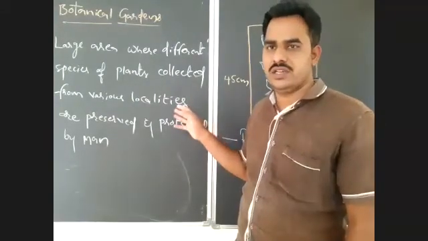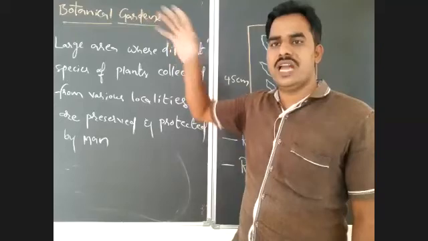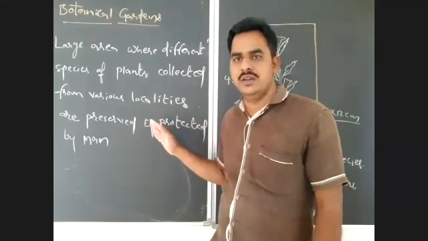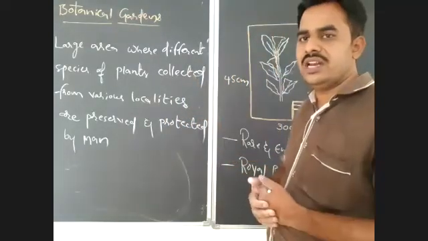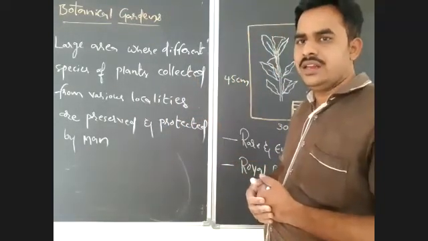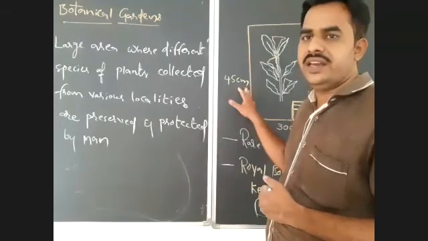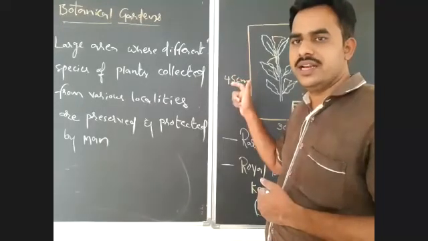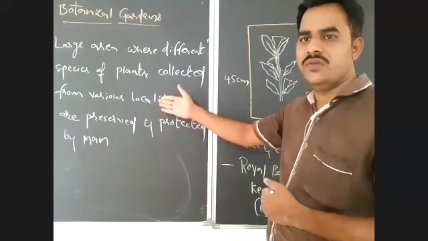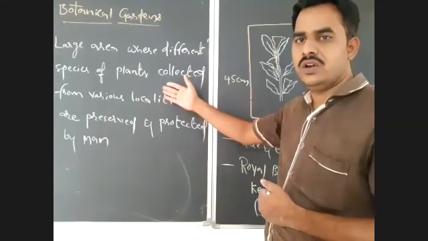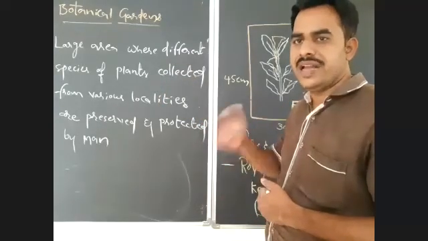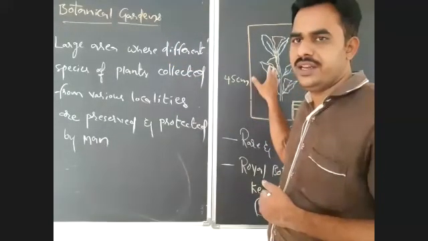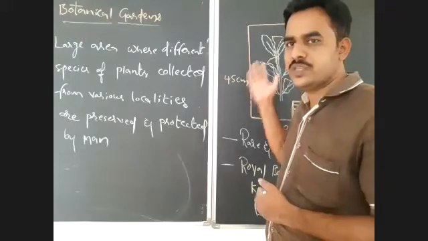They will collect plants from different localities or different areas, and they will be preserved and protected in this area. So if you observe the herbarium and botanical garden, the herbarium will provide information about the plant material or a specimen of a plant. It is not alive, but here we will get a live plant. So botanical garden is the best taxonomic aid compared to the herbarium.